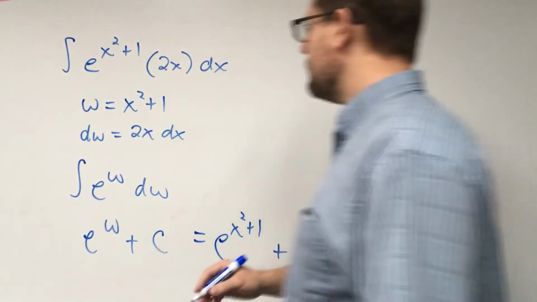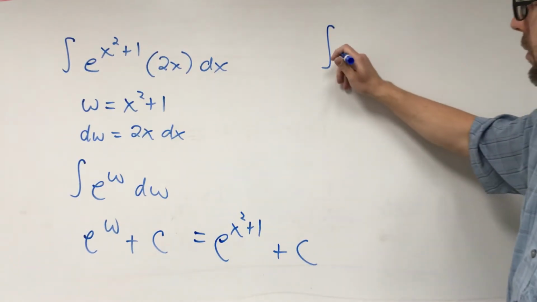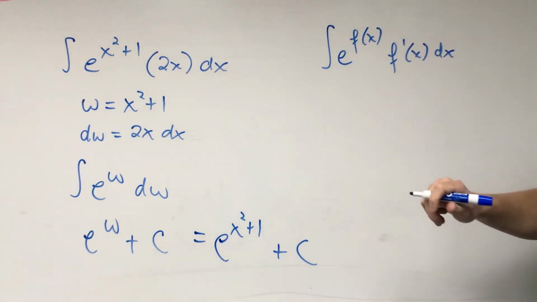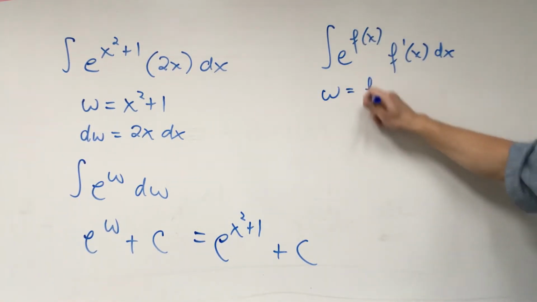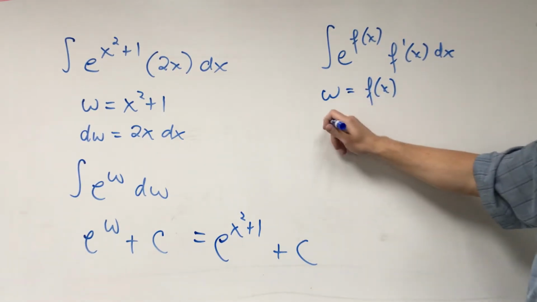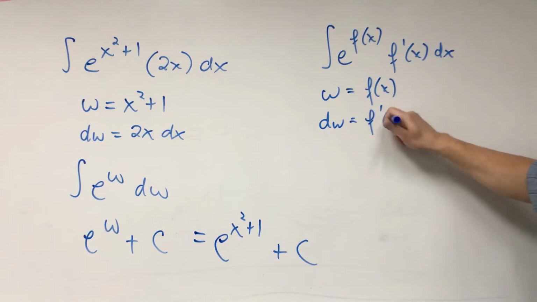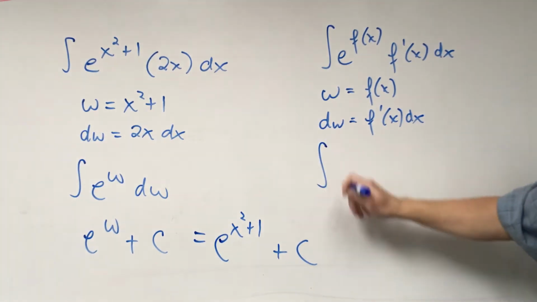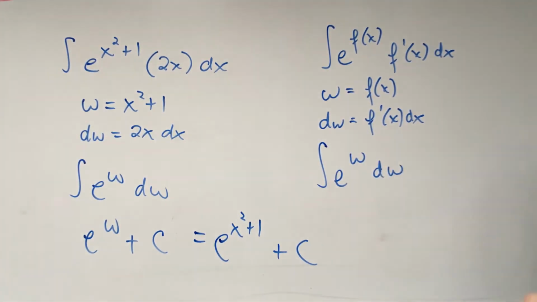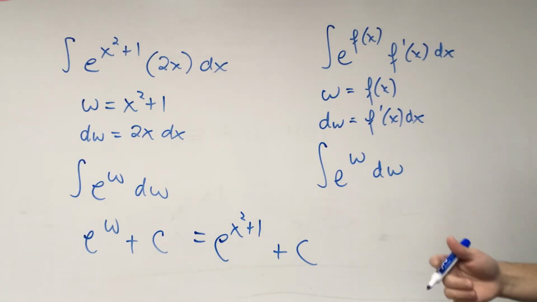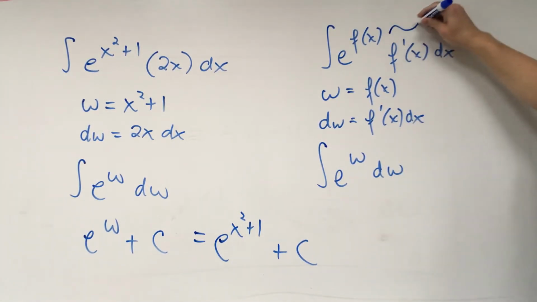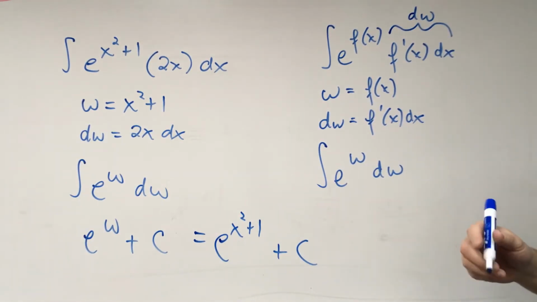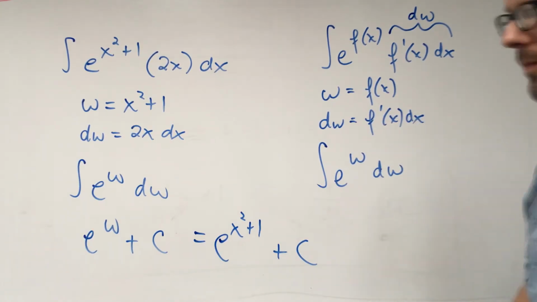In general, if I have an integral of the form e to the f of x times f prime of x dx, then we let w represent the function f of x, and dw represents f prime of x dx, which we get by differentiating. And so once again, we have an integral of the form e to the w dw. What's important right now is for us to understand that this part, the f prime of x dx, is our dw. We can replace the f of x with a y,